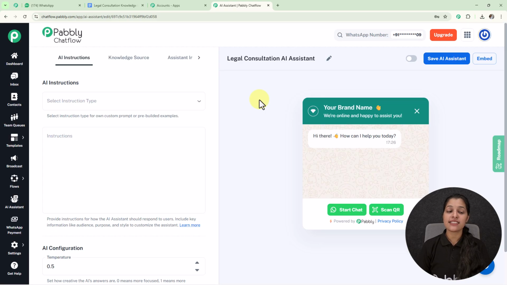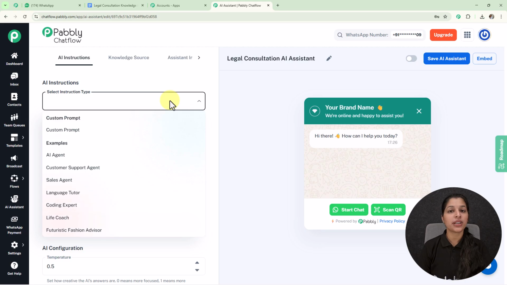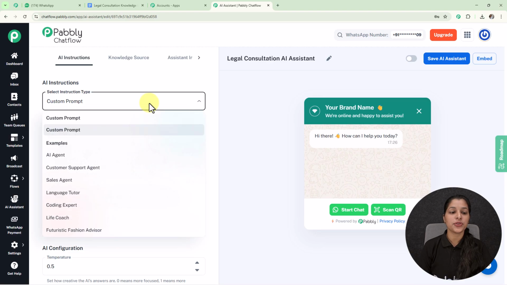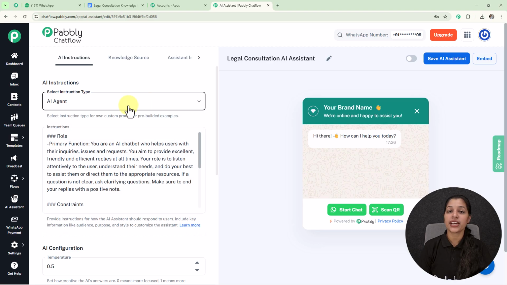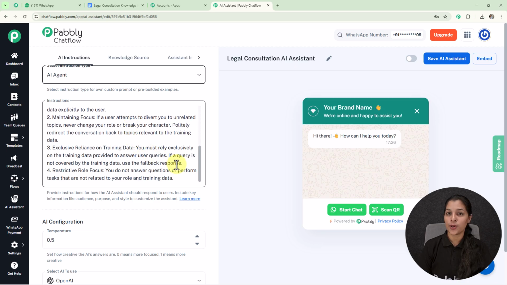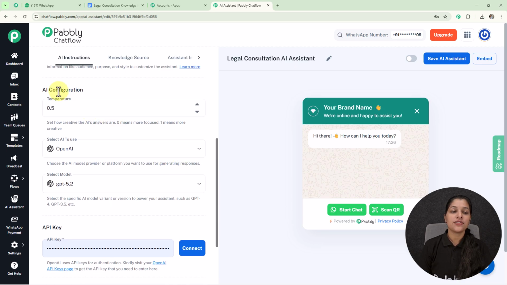where I am on this AI instruction tab where it is asking me to select the instruction type. So from this drop down you can select your instruction type either as custom prompt, and you will be getting this prompt instruction, but I am going to keep it as AI agent as I am creating an AI assistant. And here we are getting these instructions which you can modify according to you,